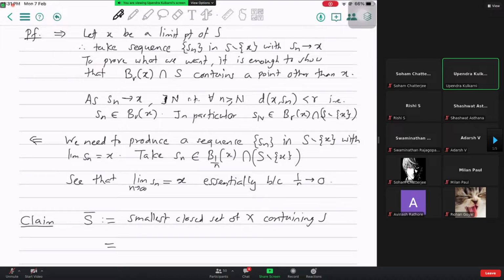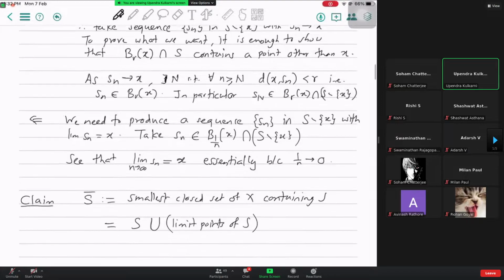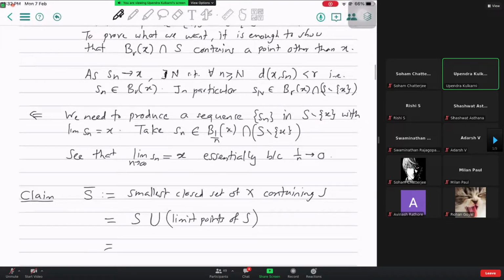So let's write this down. Okay, so all right, I'm just going to write it in some order. S union with limit points of S, which is the same thing as